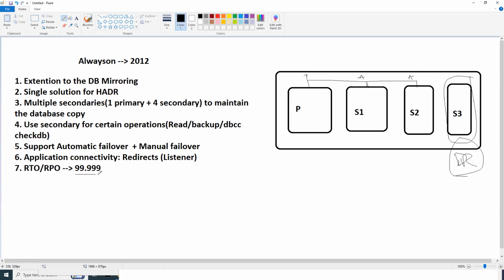So what happens? The reason that Microsoft mentioned 99.99: let's say this is gone. If this is gone, automatic failover to this, right? Even if this is gone, automatic failover to this, right? So at least you will have multiple servers to maintain the automatic failover before the entire cluster is down. You will have automatic failover configured to multiple servers. So at least one server is available, then it will go ahead and fail over,